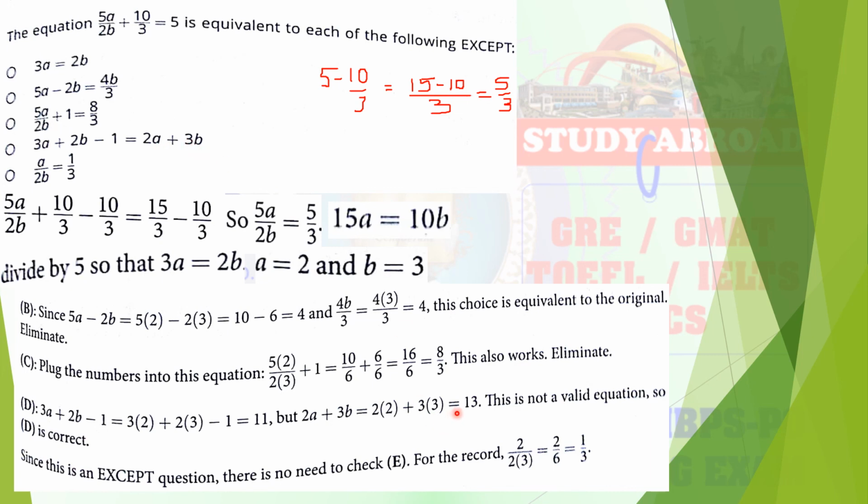So just see here, left hand side you will get the answer 11, right hand side you will get the answer 13. So two different answers you are getting. So this is the actual option. Okay, option D is the correct one. Why? Because the left hand side answer and the right hand side answer are different, so that is your exact option. Okay, I hope all of you understood how to determine the answer.